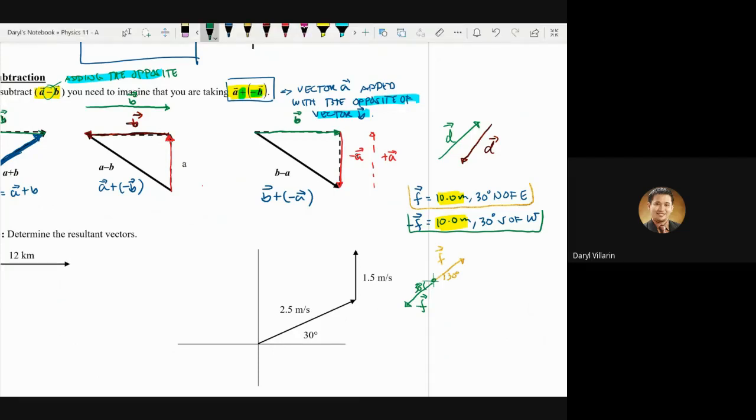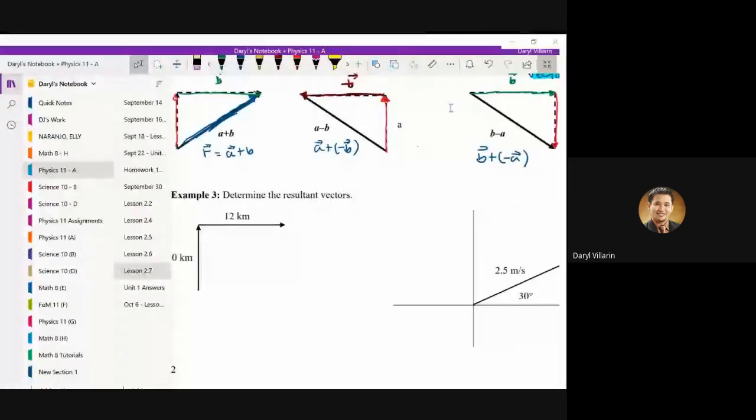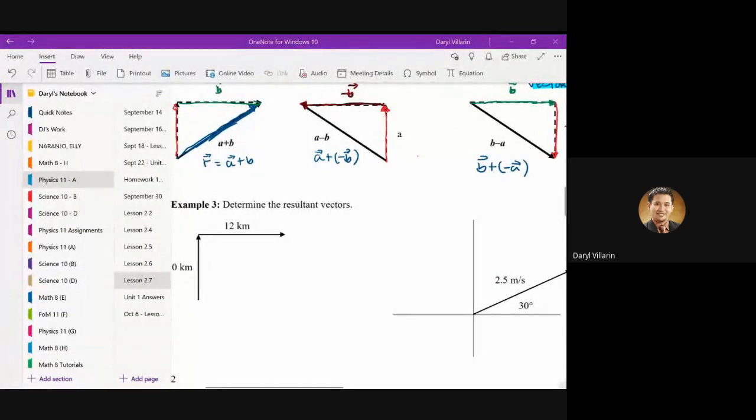Okay, any questions with that? If there's none, before we proceed to example number 3, let's